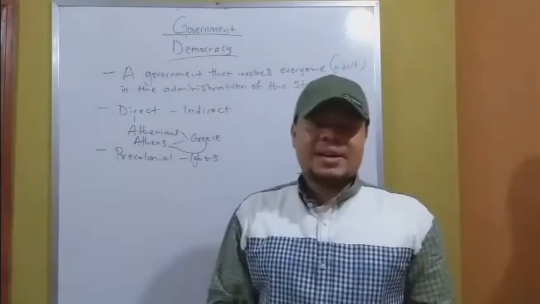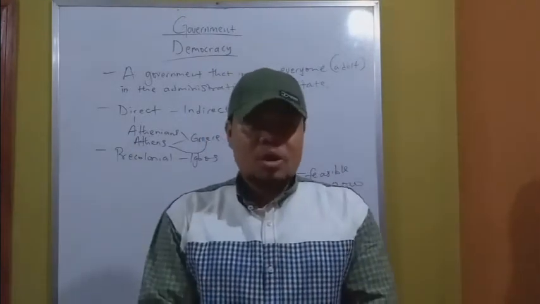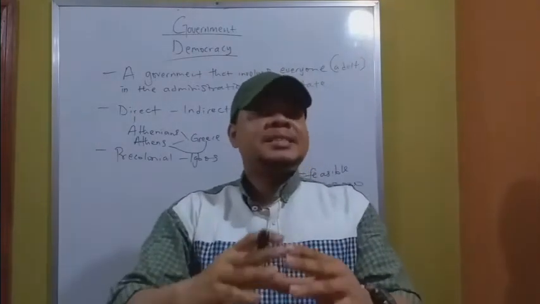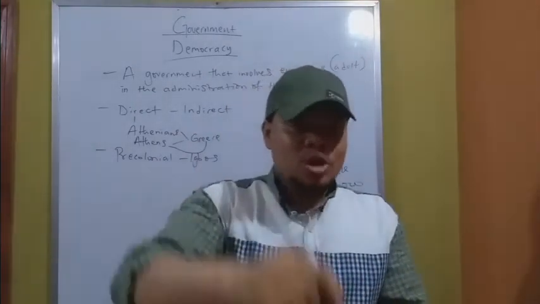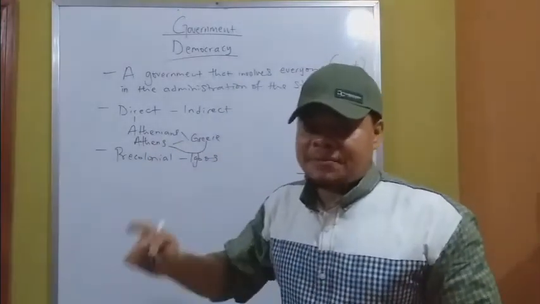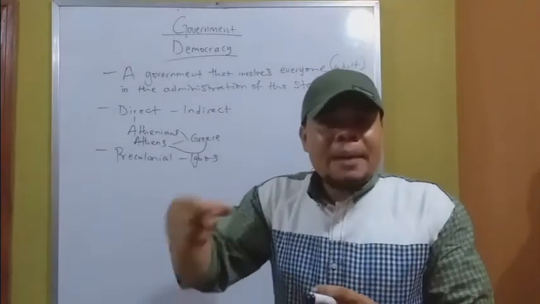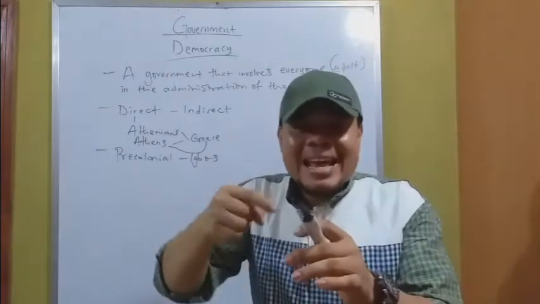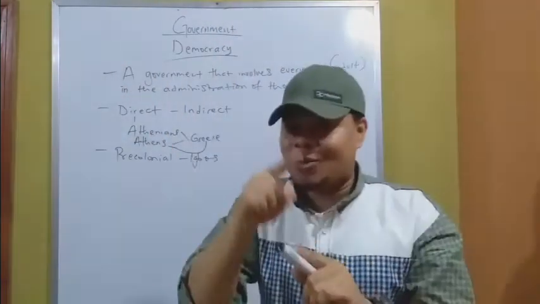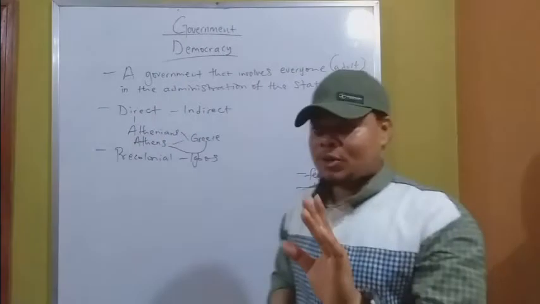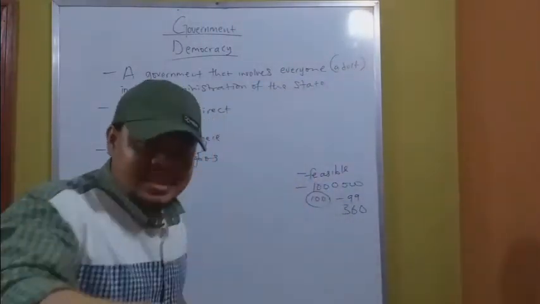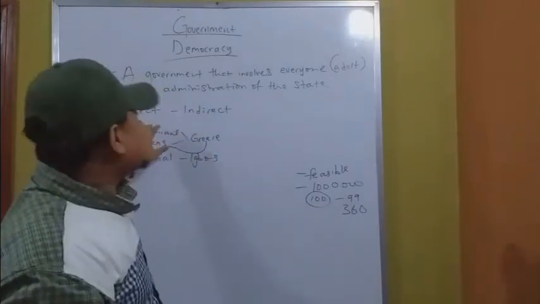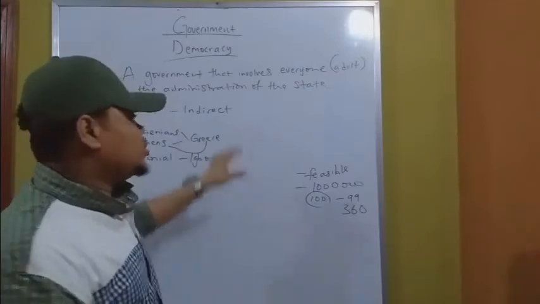So direct democracy can be defined as the gathering of every adult for the purpose of what? Governance. Indirect democracy can be defined as the state whereby the adults of a country or a state elect some of them to represent everyone in what? Governance. I believe you do understand me. Now, there are certain things that must happen for democracy. When we say democracy now, we are referring to indirect democracy.